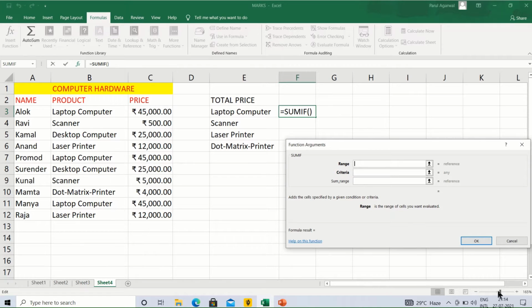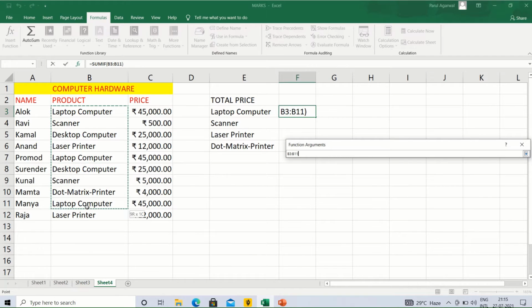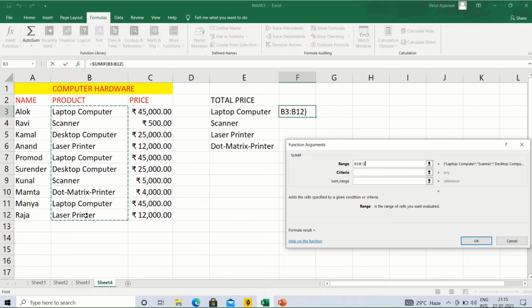Now first of all we can select the range. We want to give the range of the particular series for which we want to calculate the sum. Now we want to calculate the sum of laptop computer only.